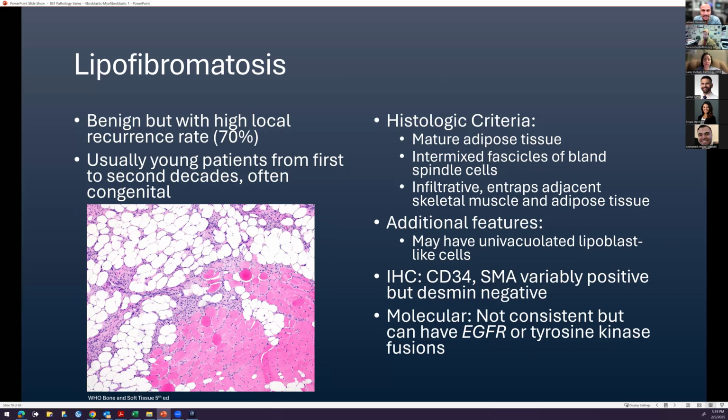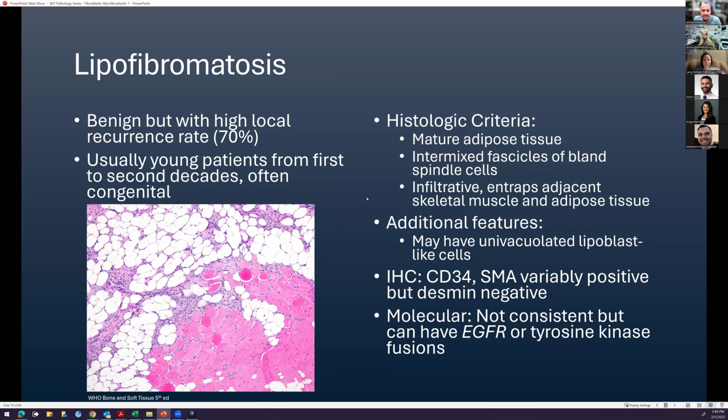They're benign. They are very recurrent, right? So these things are very infiltrative. They recur quite a lot and usually in young patients. But they're often congenital as well. So you can see that nice example here, showing you this infiltrative appearance into the muscle, kind of